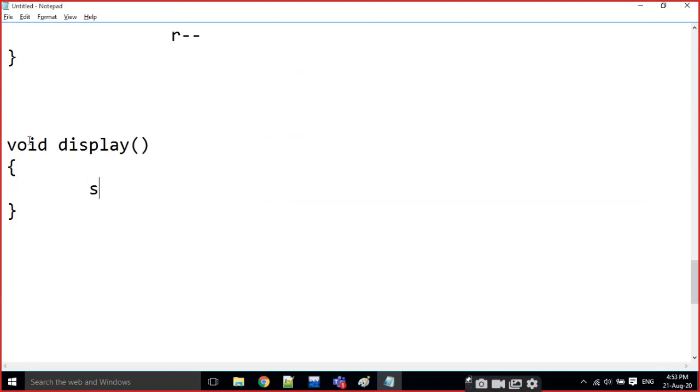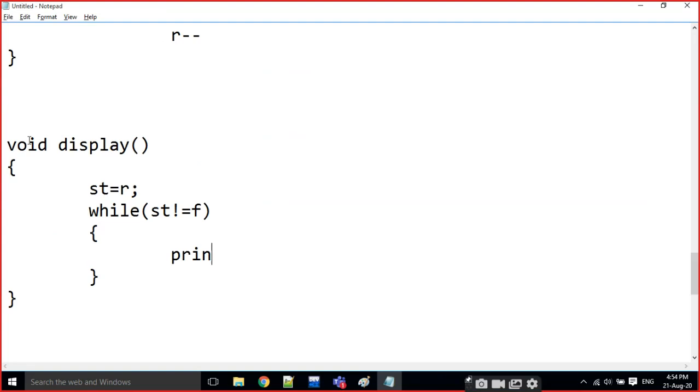For example, I am going to start at rear. I am going to work while st is not equal to front.